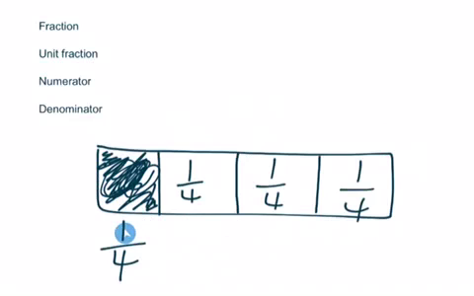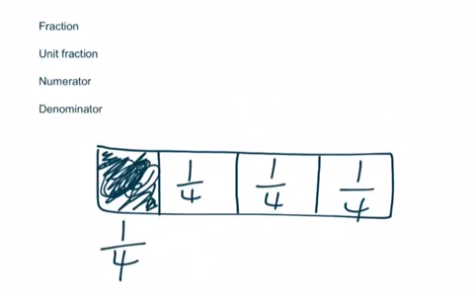So when the numerator is a 1, that means that is our unit fraction, because it represents what each individual piece in this whole is. So again, this is our whole, and it's split up into fourths, and each individual piece represents 1/4 of the